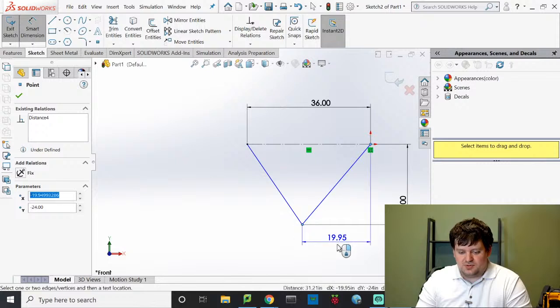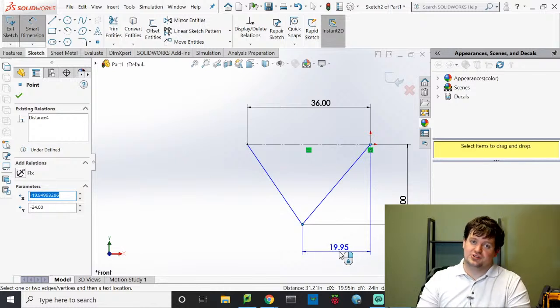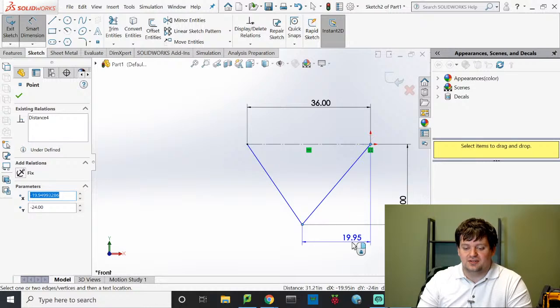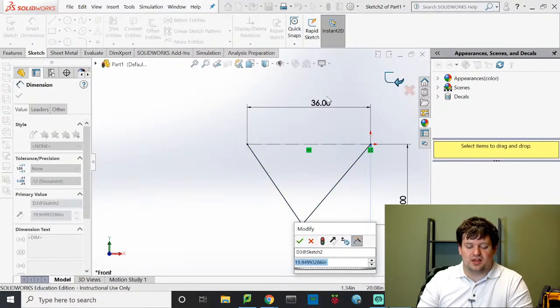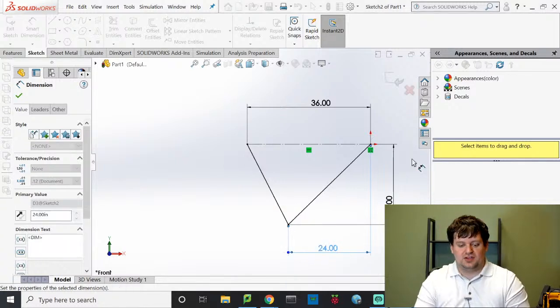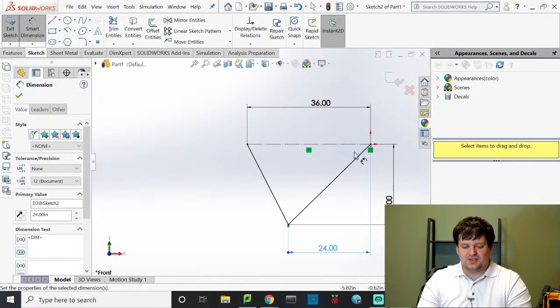this point and this point, I have the ability to dimension it in line, which would allow me to dimension the length of that line. And I also have the ability to dimension it horizontally, which is the X directional distance, or I can do it vertically, which I've already done that. So I'm going to do the X dimension on here because I don't really care about the length of that line right there. But I do want that distance to be about 24 inches. Okay? Which does give it kind of a